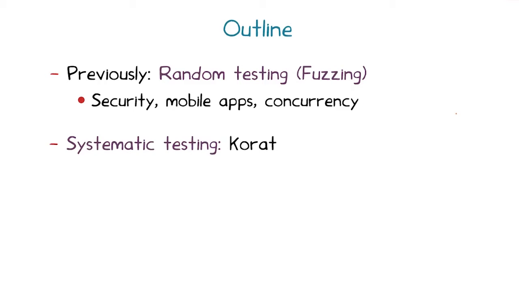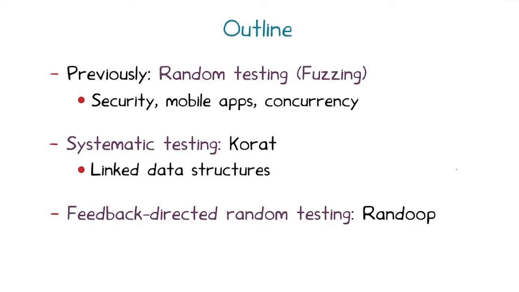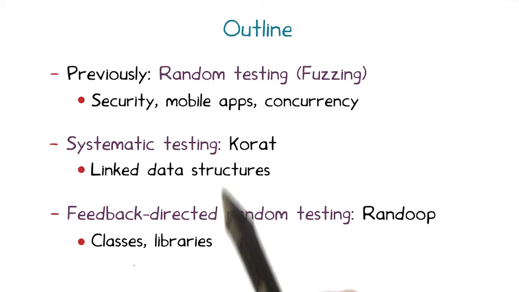One such testing approach is systematic testing, embodied in a tool called Korat, which is suited for testing routines that manipulate linked data structures such as lists and trees. Then we will look at how we can combine the power of randomness and systematic testing, conceived in a tool called Randoop, which is suited for unit testing of Java program fragments like classes and libraries. These two directed forms of testing overcome a major limitation of purely random testing. They avoid generating illegal and redundant inputs that dominate the space of possible test inputs.